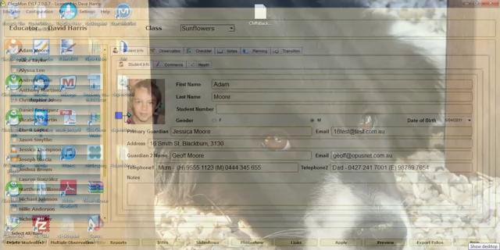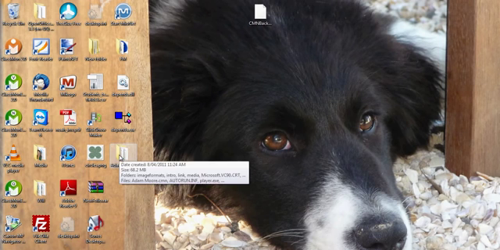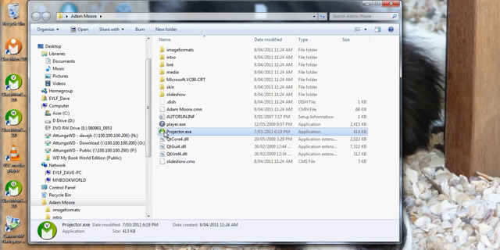If we now look at our desktop, here it is here. It's put a folder called Adam Moore on the desktop. If I double click into that, I can then run the portfolio by clicking this file here, which is the icon for ClassMon, and it's a projector file. Portfolios are self-running, so the parents don't need any other software to run the portfolio. It's all incorporated into the files that you export. So by double-clicking the projector file,